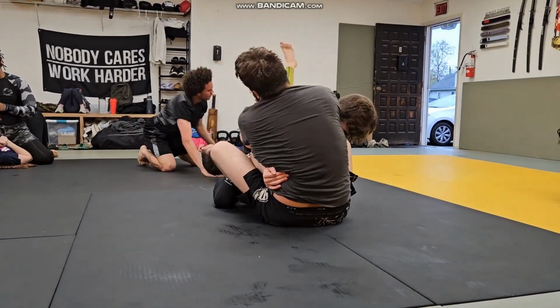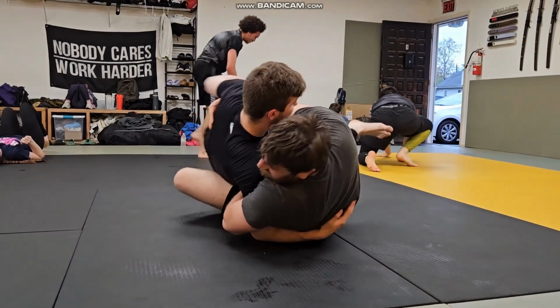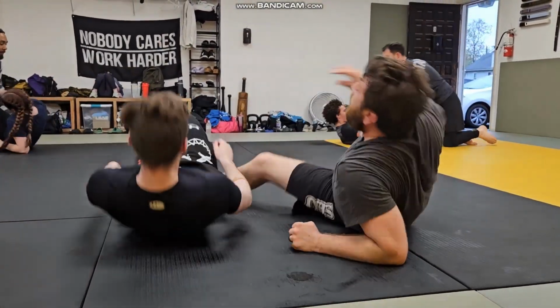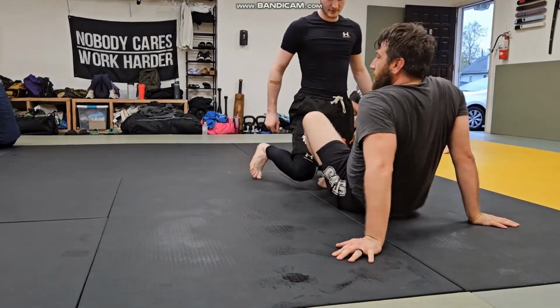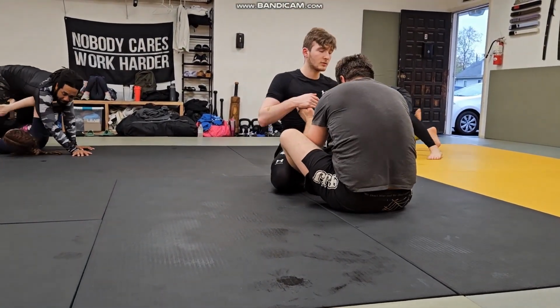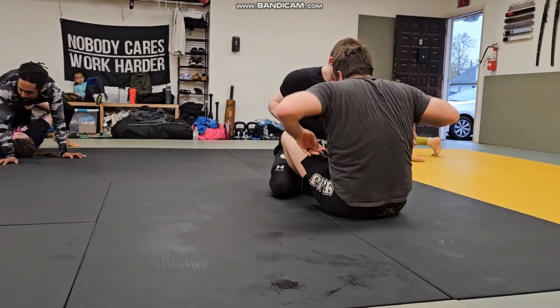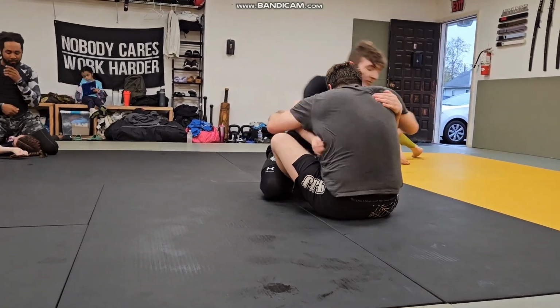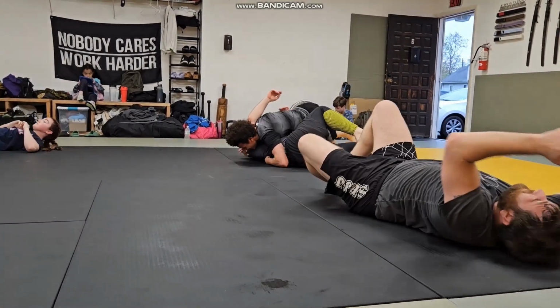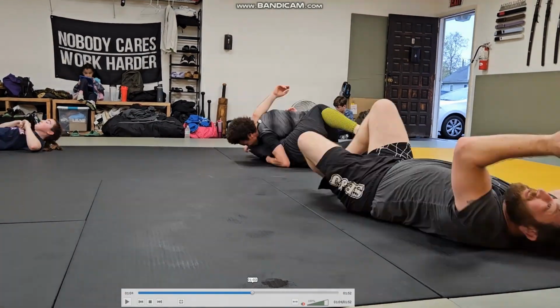Looks like, yep, it looks like he's trying to pull to the left. There we go. Made the adjustment, pulled to the left. Good grip fight here. Oh, that was close. Hunter got both underhooks,